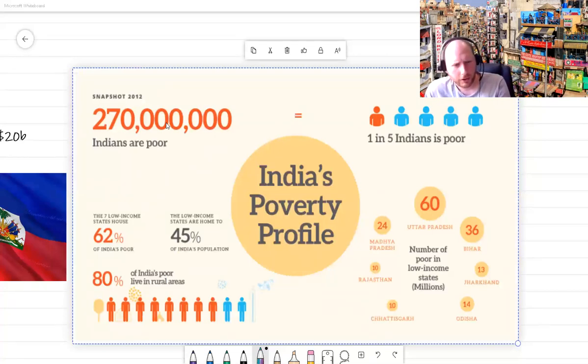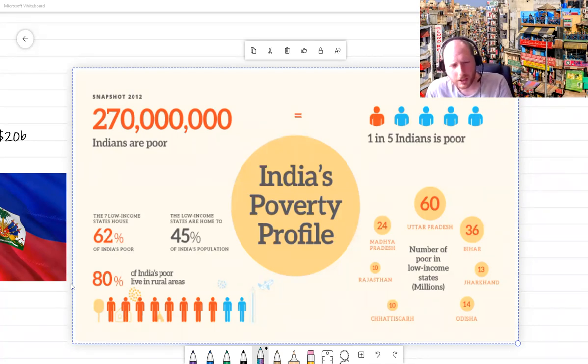Now, you could say that maybe if our businessman gave all these people some money, they wouldn't be poor anymore. But I don't even know if he's got enough really to even it all up for everyone. 1 in 5 Indians is in poverty, or poor, as I put here. So that's 20% of all people in India, and most of those, 8 out of 10, as we can see on our little graph down here with our little people, 80% of them live in rural areas, which means they live in the countryside. The richer people live in the cities, the poorer people live in the countryside. And so that means that there's a big difference.